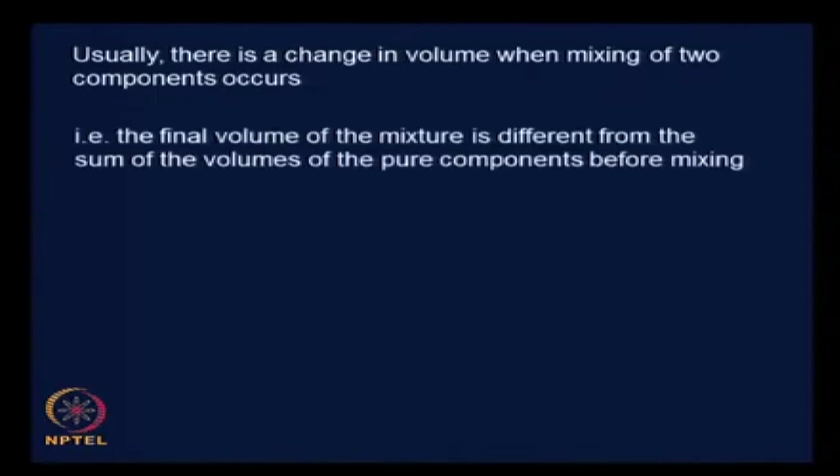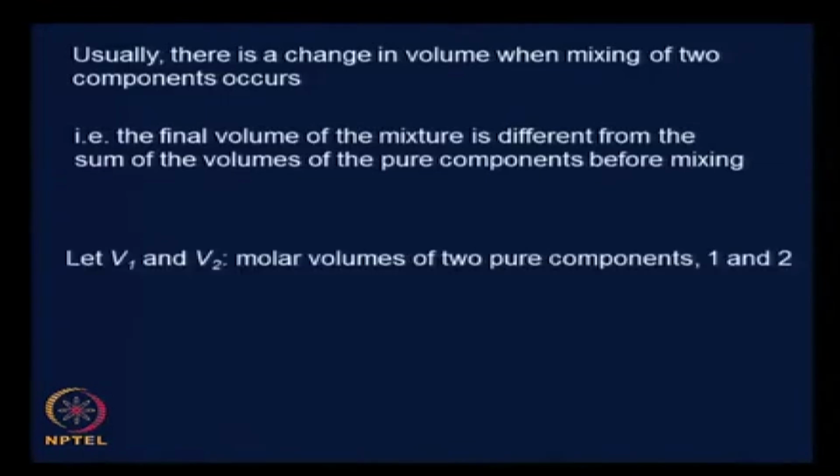Usually there is a change in volume when mixing of two components occurs. That is the reason why we are doing this. We will limit ourselves to a binary system. The final volume of the mixture is going to be different from the sum of the volumes of the pure components before mixing. And let us say that in this binary system V1 and V2 are the molar volumes of the two pure components 1 and 2,